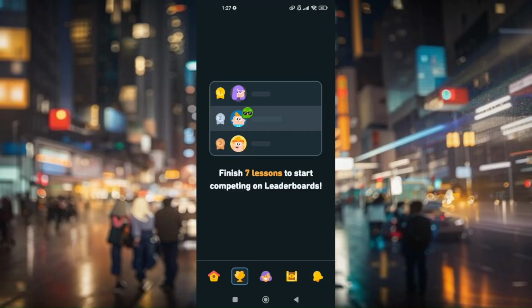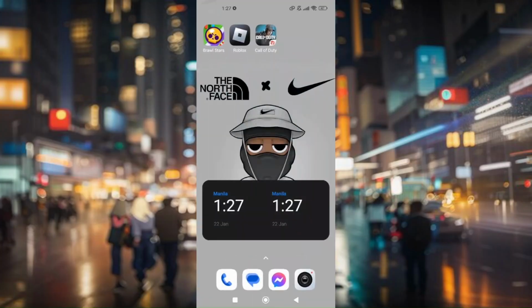Now, if you go back to your current trophies and streaks, and you would like to restore or recover the lost streak that you have, basically, there is actually no direct option for us to be able to recover those streaks that you have accumulated by yourself, but the troubleshooting step that you can do is go to your phone's home and then